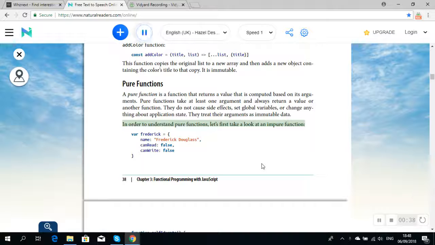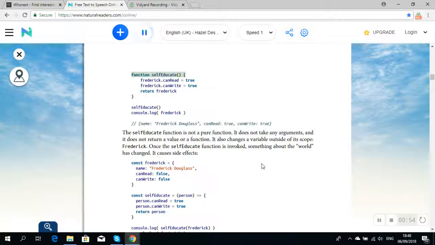In order to understand pure functions, let's first take a look at an impure function. var frederick = { name: "Frederick Douglass", canRead: false, canWrite: false }; function selfEducate() { frederick.canRead = true; frederick.canWrite = true; return frederick; } selfEducate(); console.log(frederick); // { name: "Frederick Douglass", canRead: true, canWrite: true }